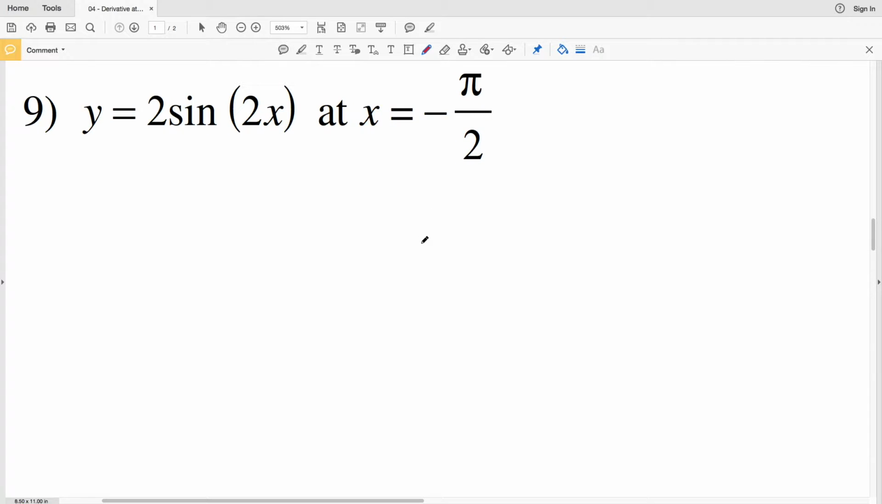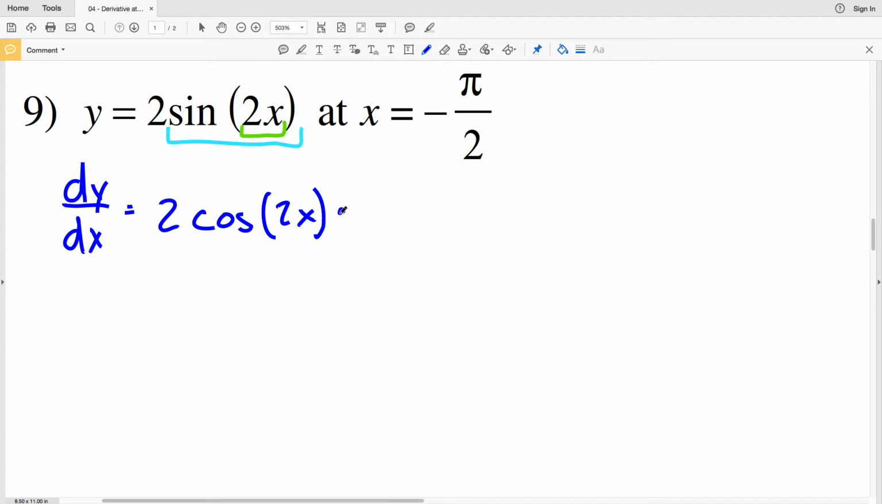Now on to number 9. In number 9, we can use the constant multiple rule and pull out this 2. So we know the derivative of y with respect to x is going to equal 2 times the derivative of the sine of 2x. So the derivative of the sine of some function is the cosine of that function times the derivative of that inner function. So applying the chain rule, the derivative of the sine of 2x is the cosine of 2x, and the derivative